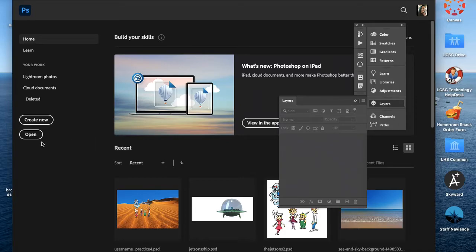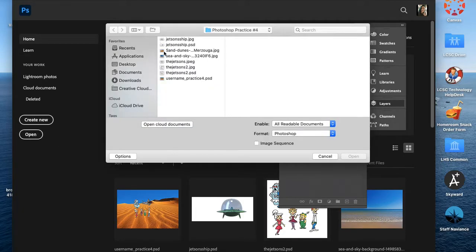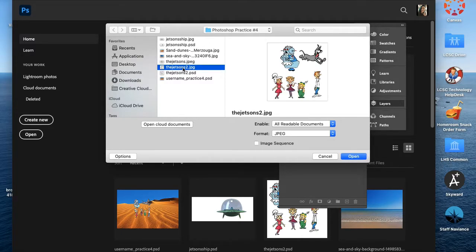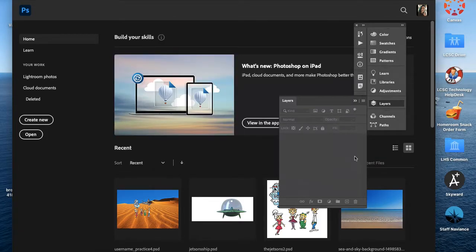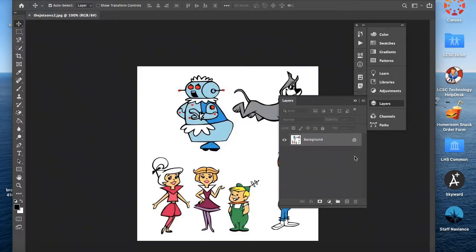So what we're going to do is open up, so I have my Photoshop practice number 4 folder. We are going to open up, I believe it's the Jetsons 2. Yes, the Jetsons 2. Click open. All right, and you get this nice view